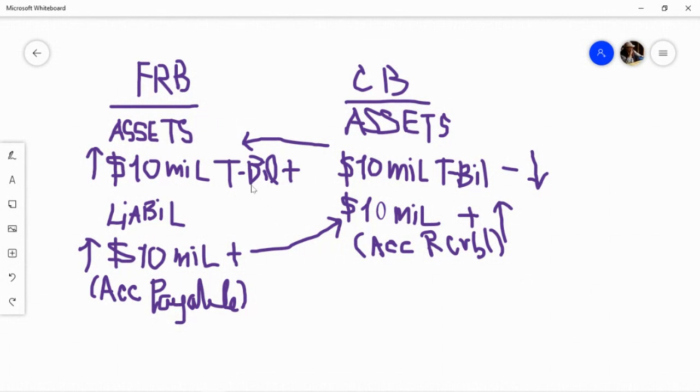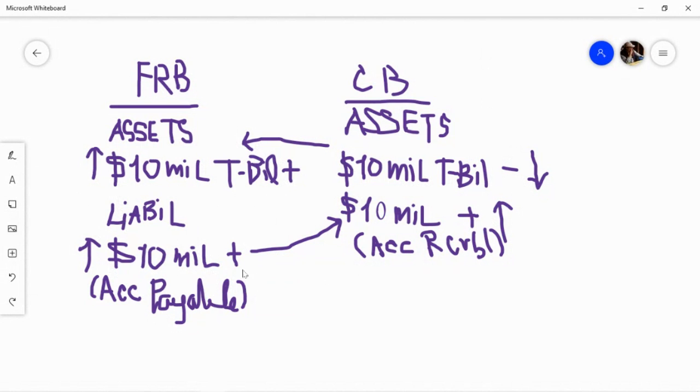They buy $10 billion of Treasury bills, especially Treasury bills, which are a short-term instrument. So the short-term interest rate will affect the Fed funds rate, because the Fed funds rate is a short-term rate. And then they credit, buying $10 million of T-bills from commercial banks,